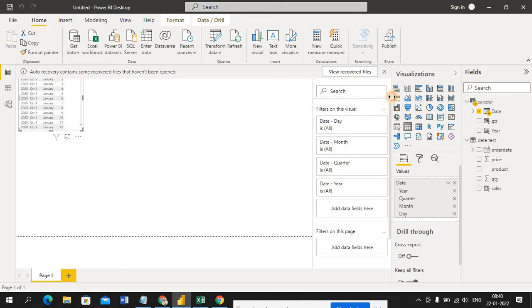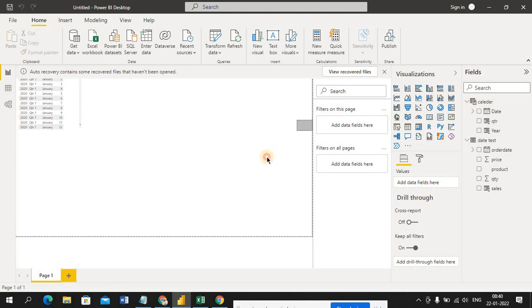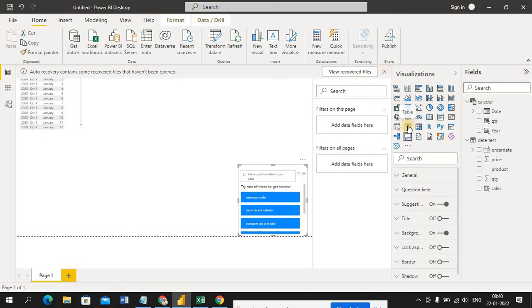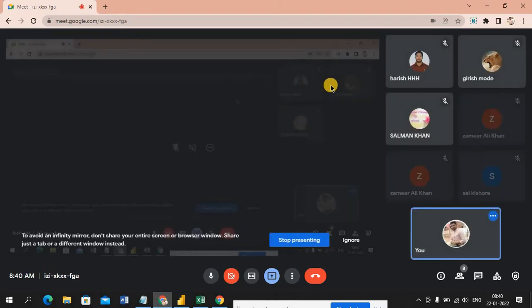So now I'm in the front end. I'm adding this table.